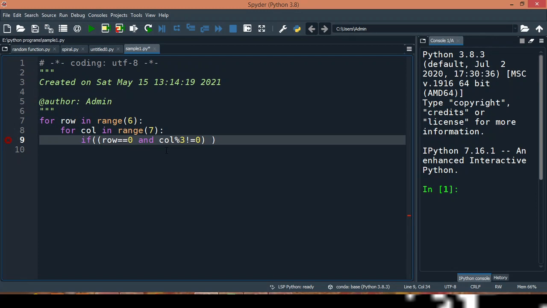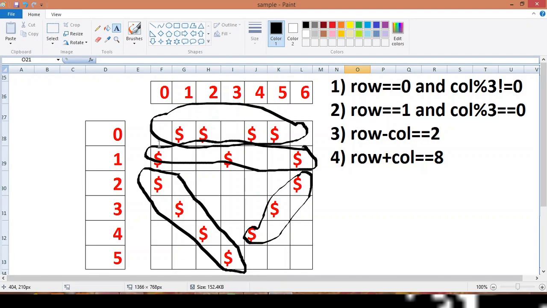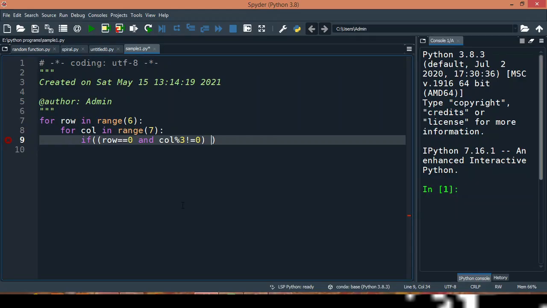Now coming to our second row. The row index is 1, and I want the dollar to be printed where the remainder is 0 when we divide the column index by 3. Then print this symbol. So let us write the OR. Why are we using this logical OR operator? Because I want that even if only one of these conditions is satisfied, the symbol is printed.